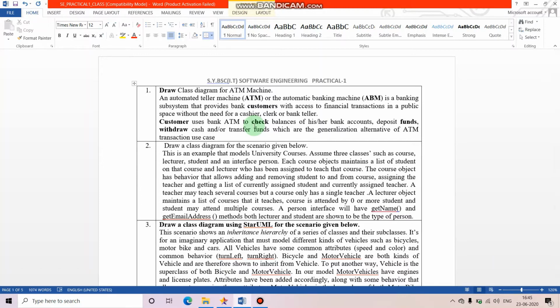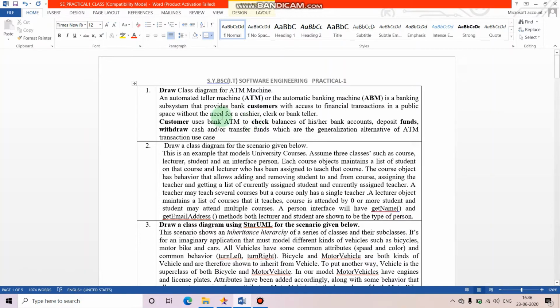You have to just understand what the question is saying. The complete information will be given to you about the system. Even if you don't have any information about the particular system, for example, you might not have used an ATM machine, it gives the information about what the customer can do with the ATM machine and why he uses it. There is no compulsion that you have to draw a complex diagram or anything that is available on the internet or provided by your college. You just have to understand the question, and then develop the diagram.